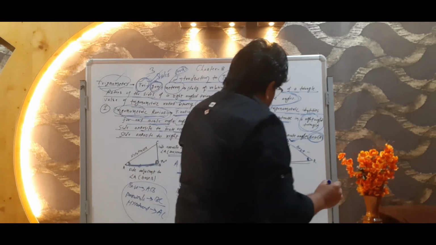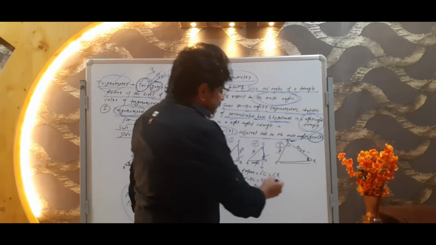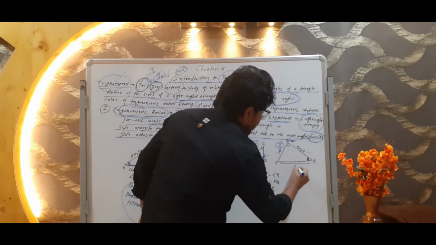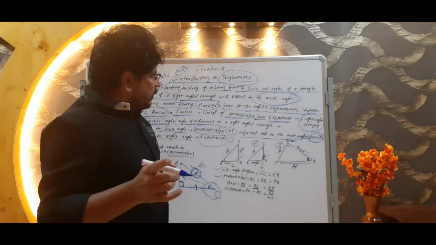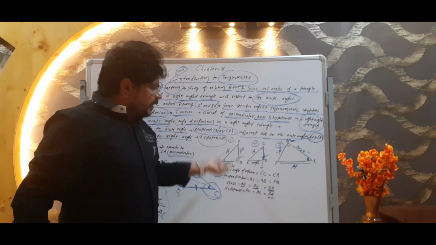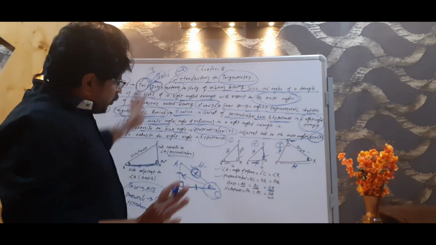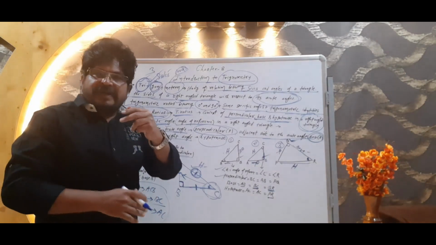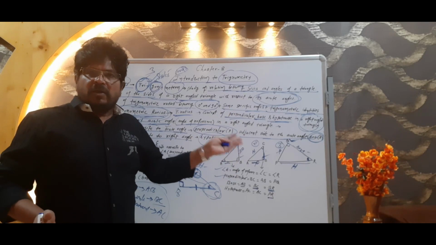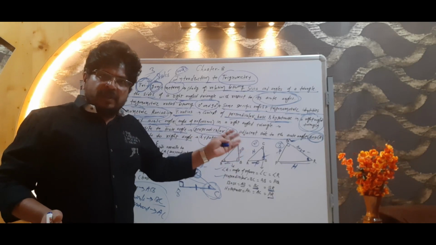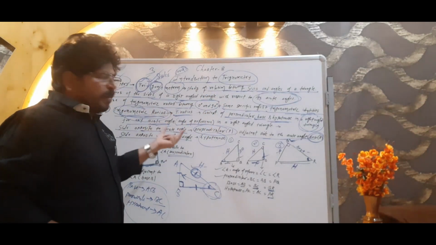And here you have to see, it is right angle at point Q and the opposite side is PR. It is hypotenuse. So clear this concept? It is a very important concept related with hypotenuse, perpendicular and base. Now when this theory is clear, we will start the real trigonometry. Now our trigonometry will start. Okay, so are you ready? Okay, I am going to erase all these things and I am starting now on trigonometric ratios.